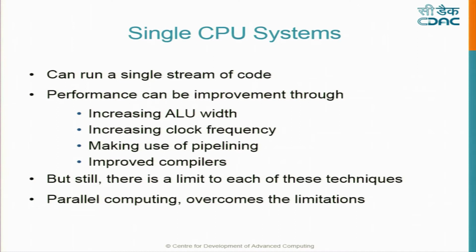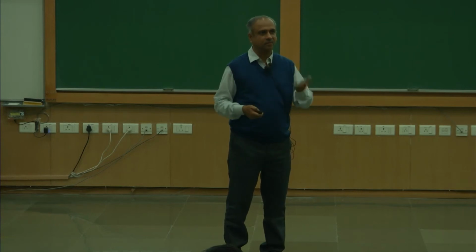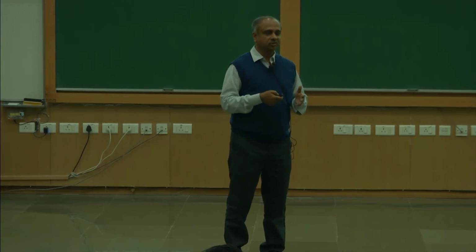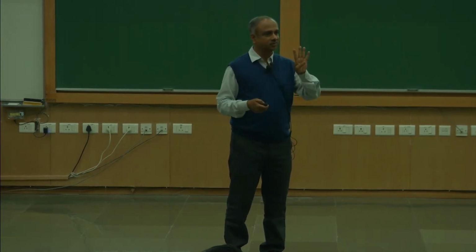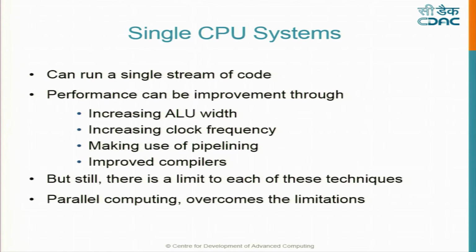Clock frequency, you can increase. 8085 was 3.77, 8086 was 4.77 megahertz. You got processors that went up to 4 gigahertz, but now you have come down because of some reasons, like power dissipated is proportional to the square of frequency. So if you double the frequency, your power consumption becomes 4 times, and extracting that heat out is not easy. So there is a limit. Pipelining was explained to you in the morning, I will touch upon it later. Improved compilers convert the higher level language into efficient machine level language, but there is a limit to how far you can go with each one of them. So you have to go for parallel computing.